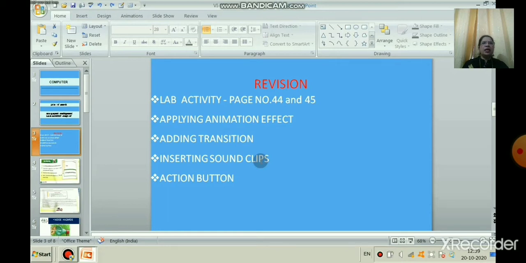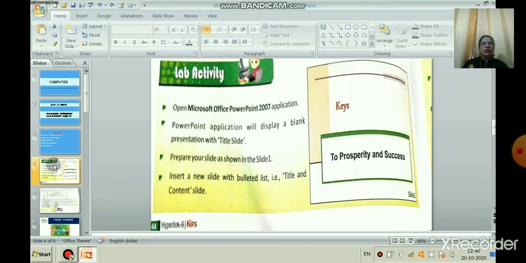The same thing, how to insert sound clips. You can add sound in the form of music or special effects to give importance to certain points. Music or sound can be added from a file saved on your computer, or you can take the sound from the internet, a CD, or your external drive. The same thing now, video clips. Video clips add liveliness to the presentation.